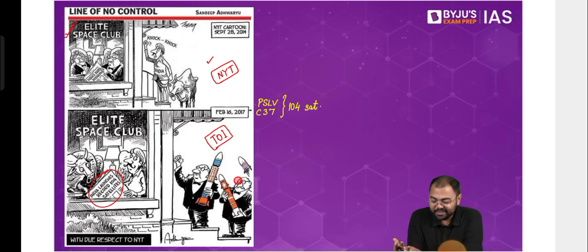But a good reply, right? A good reply. I think something very similar was published a couple of days back also in the context of Chandrayaan 3 again, because this cartoon now will haunt New York Times forever. The internet is a beautiful thing. You cannot erase the footprint of what you have done there. So anyway, this is basically what we see.